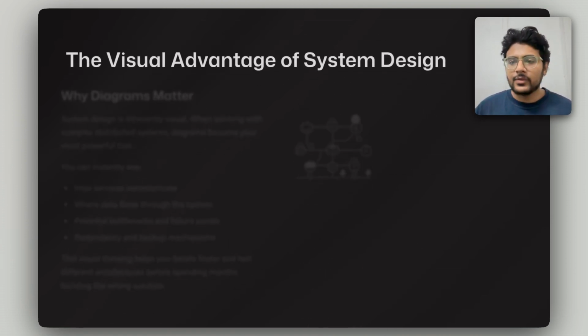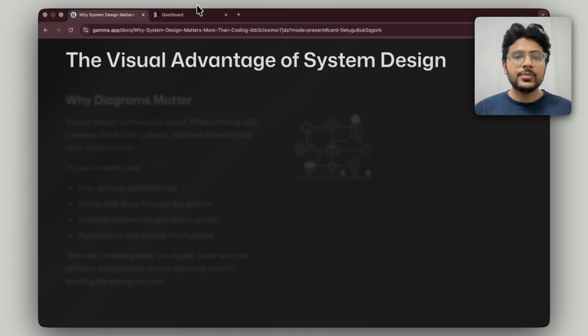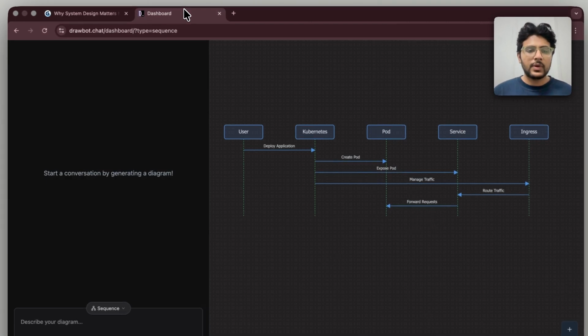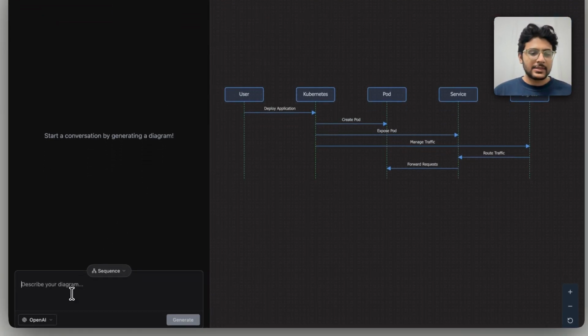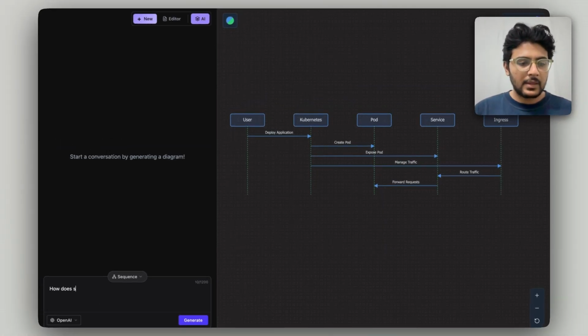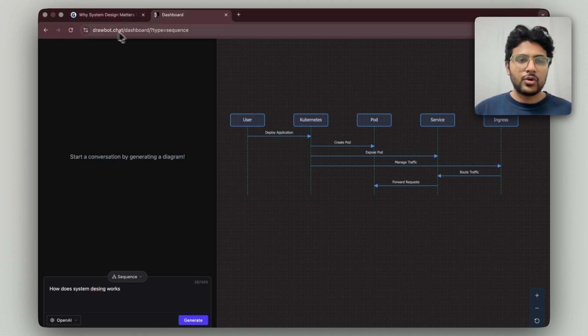Let me now give you one example of having a better system design. I built a very minimal application where you can generate diagrams. Let me give you an example. I'm going to ask a very simple question: how does system design work? You can access this application at drawboard.chat.